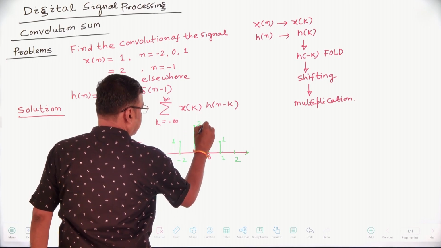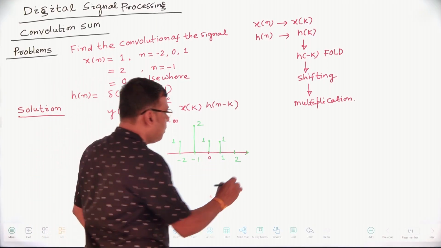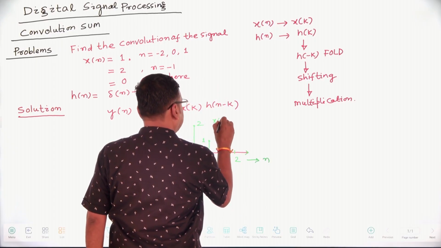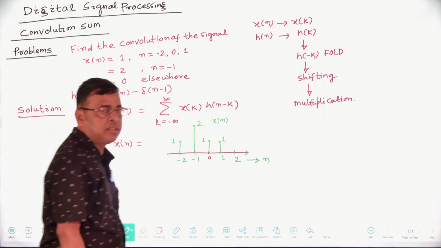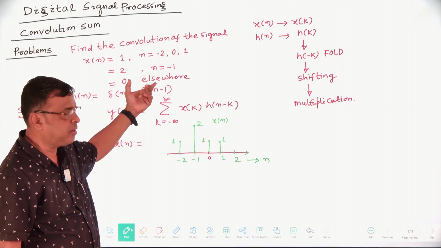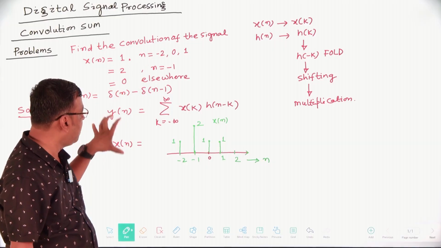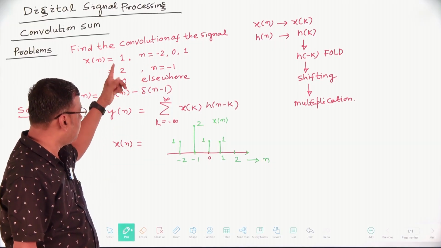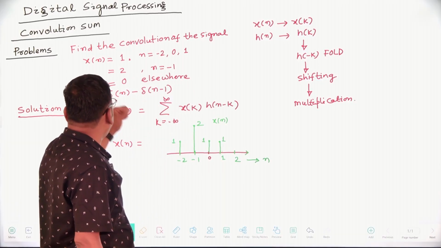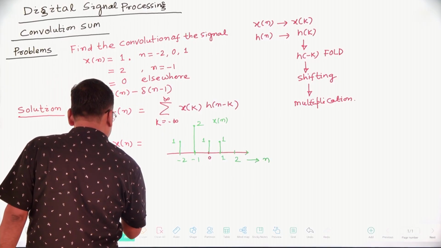This is your 2. The samples exist at minus 2, minus 1, 0, 1, 2, and the x-axis is your n and the y-axis is nothing but x of n. This is a graphical representation of a signal, and this is your functional representation of the signal. First, the signal is represented by means of this functional representation, and you can convert it to the graphical representation. Then h of n, or the transfer function h of n, equals